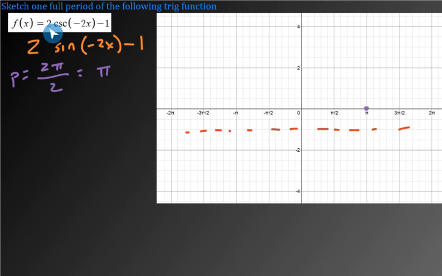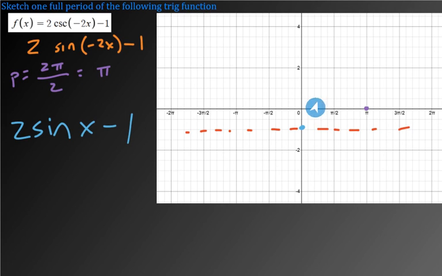Then you can see the vertical stretch factor is 2. So we're going to go 1, 2 up from that midline, and we're going to go 1, 2 down from that midline. So then, maybe instead of dealing with this negative, which is a horizontal flip, maybe what I'll do as a first step is do 2 sine x minus 1. 2 sine x minus 1, you would start here, sine of 0, 0, here it's shifted down, but then at